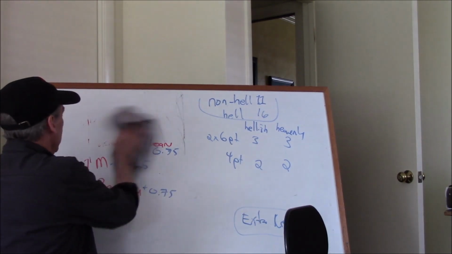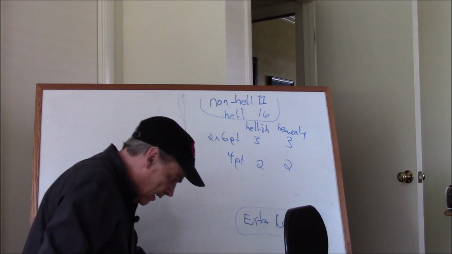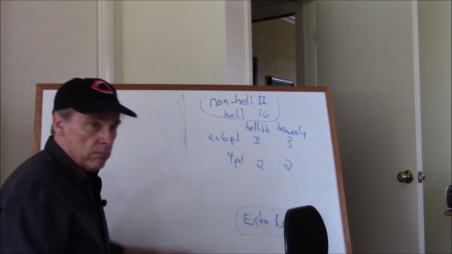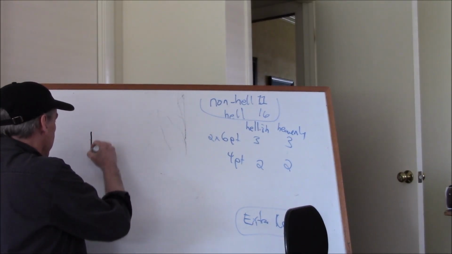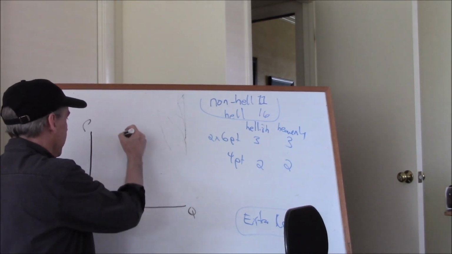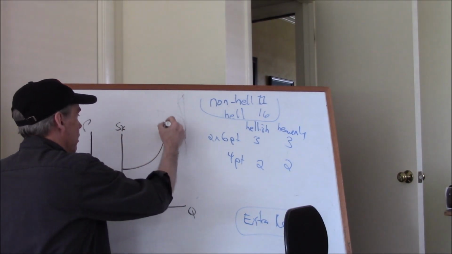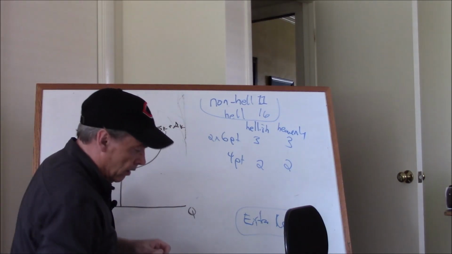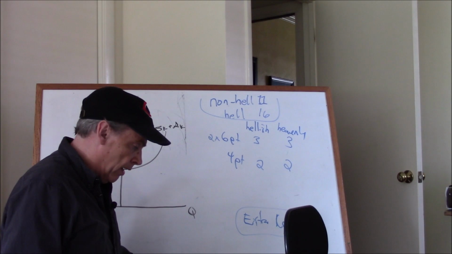Erase. Also worth 6 points. And, oh yeah, imagine a supply and demand diagram for capital. What the hell, I'll just draw it. Quantity, price, S sub K. And this was where John Harvey was really clever and said, look, you don't have to have the graph for the answer, but you need to draw it, all right, to